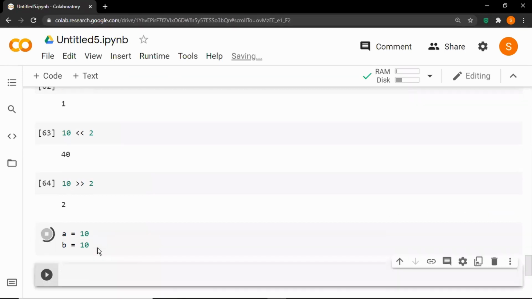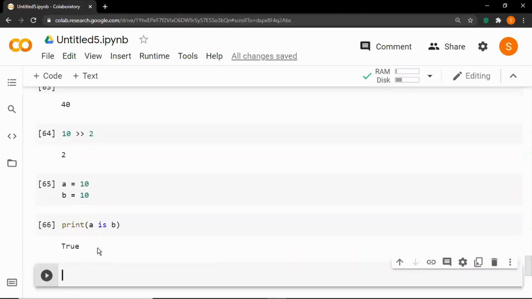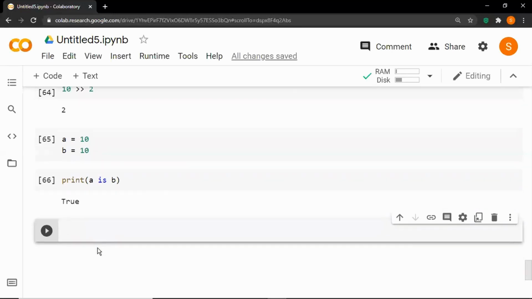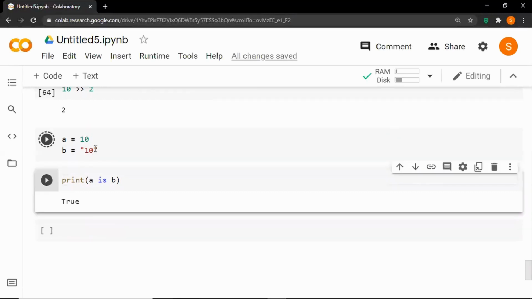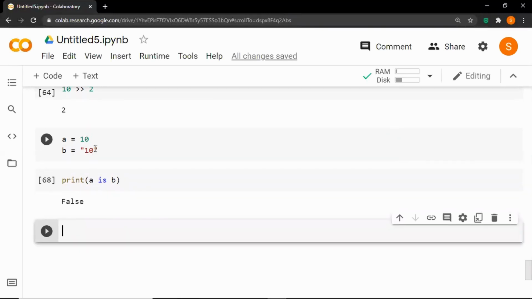Let's check print A is B. Run the cell and it will return true because both are the same object. Now change B to, let's say, inside double quotes 10 and run the cell. Now it will return false because B holds a string value.